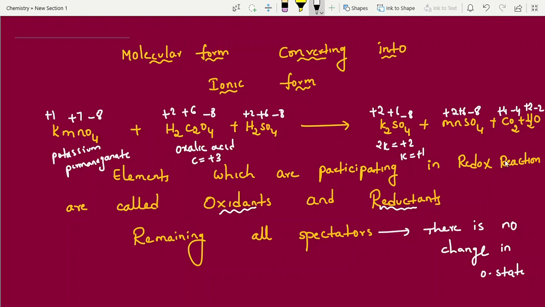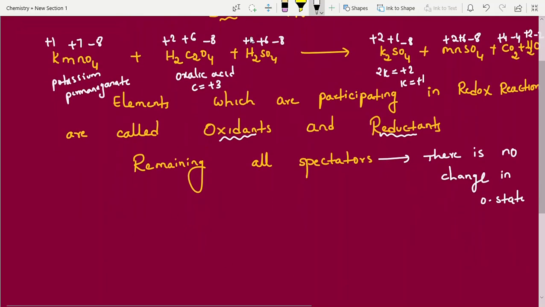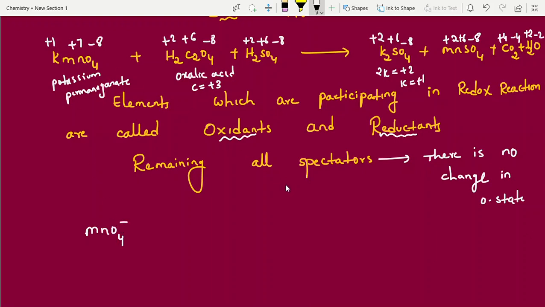So finally, I am going to write here the ionic form with the help of the above two points. What is that? MnO4 minus. Potassium is not used in the reaction because there is no change in the oxidation state; we call it a spectator. MnO4 minus. Okay, next, potassium has a +1 charge and is going, so you can write like this. And next one, C2O4 2 minus, 2 H plus ions gone. And here H plus ions are active, H plus ion in acidic medium.